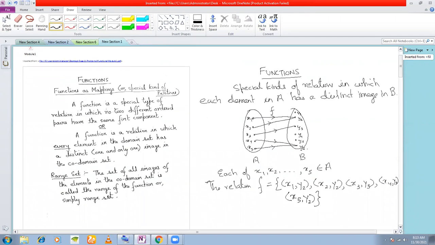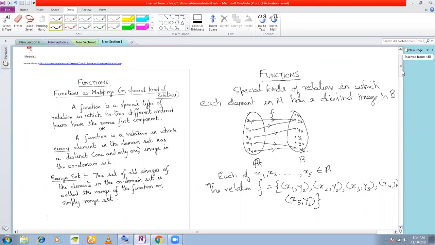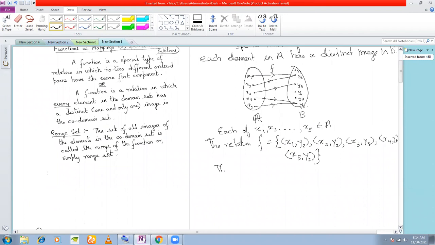See that each element in the set A has been mapped to some element or the other in the set B. So the element to which X1 is mapped, that is, in this case, X1 is mapped to which element? Y2, is called the image of X1. Okay. So X1 in A has an image, Y2 in B.